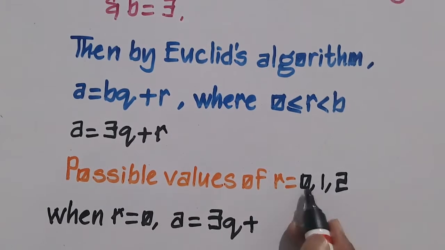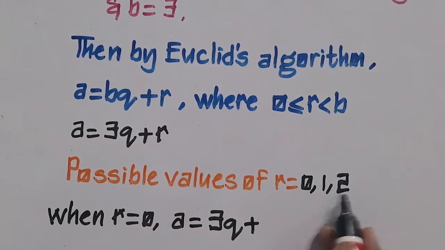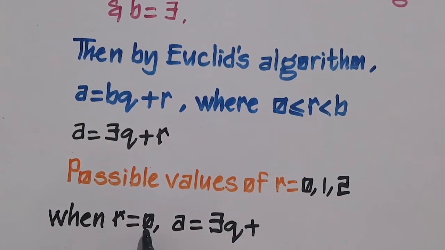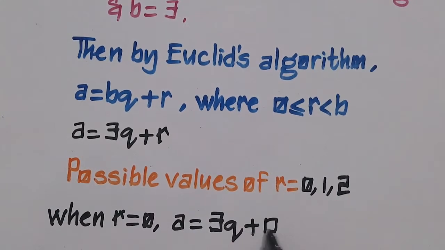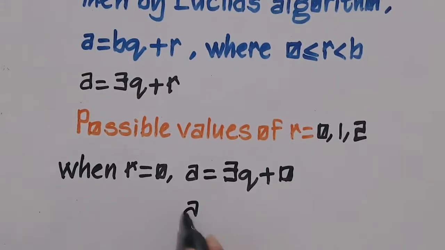We are taking the first value, 0, out of 0, 1, 2. Therefore, a equals